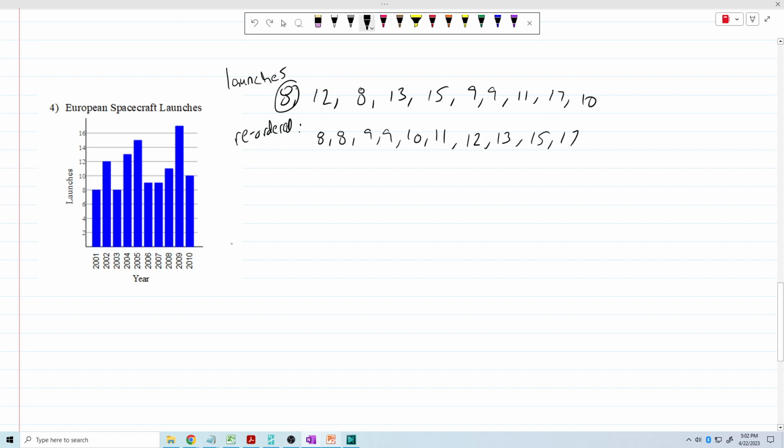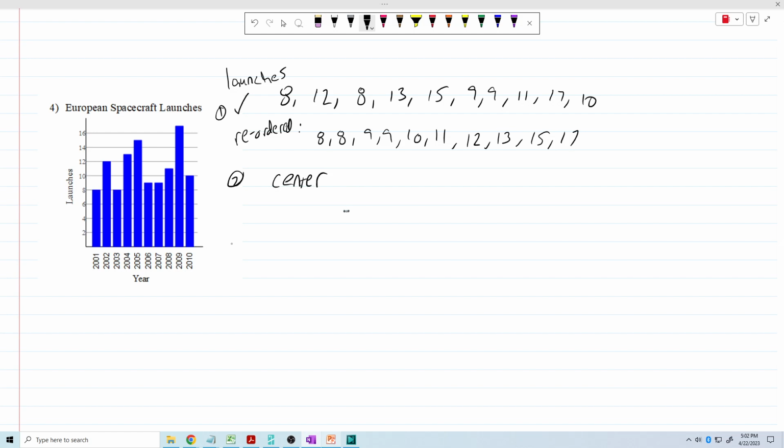So there we go. Launches. These are the numbers I'm going to do my calculations off of. Then I just reordered it, right? The smallest to biggest, 8 all the way to 17. So therefore, I've listed out the numbers. Number 1, check. Number 2,